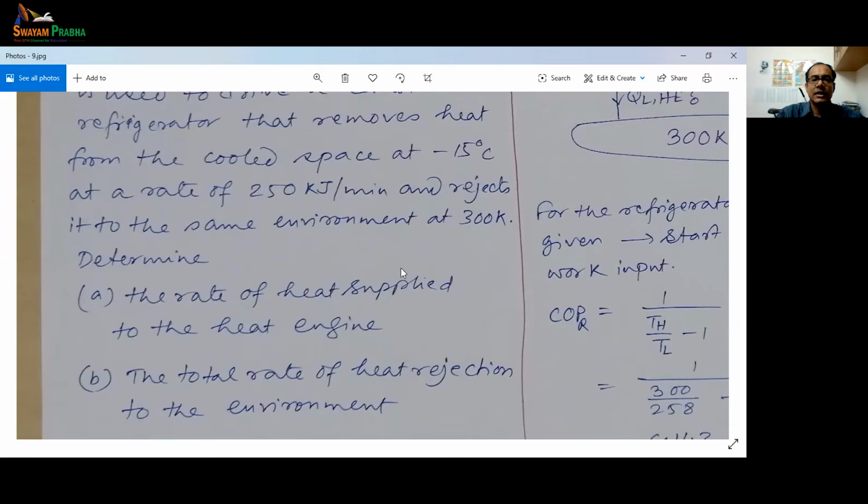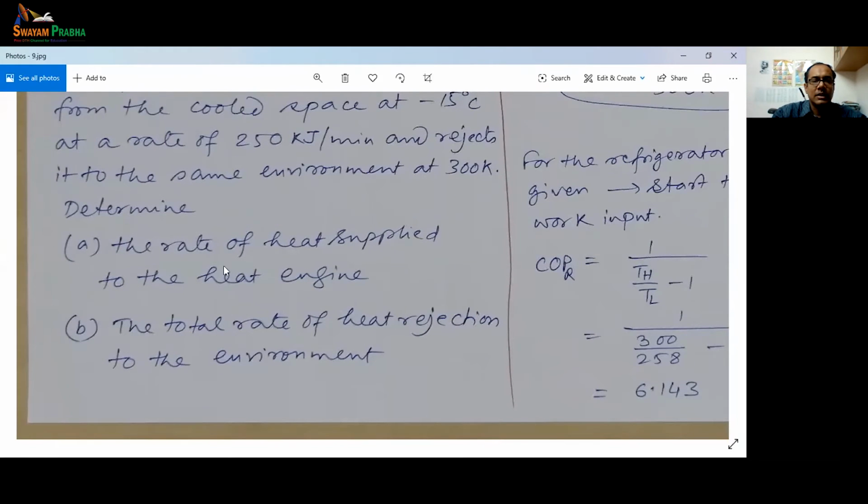And the refrigerator sucks up heat from the low temperature reservoir, and with the help of the work input, it rejects that heat to the environment at 300 Kelvin. Okay, so the heat engine is dumping the heat to the same environment, which is the 300 Kelvin atmosphere, and the refrigerator also is dumping the heat to the same environment at 300 Kelvin. So this whole process,